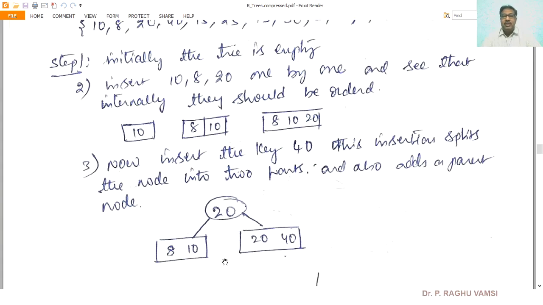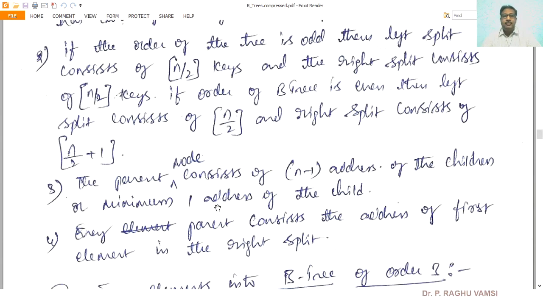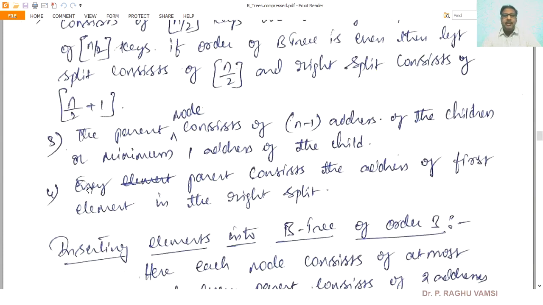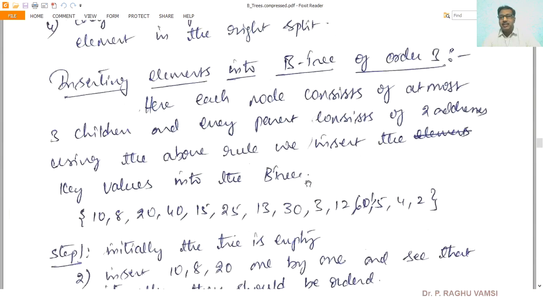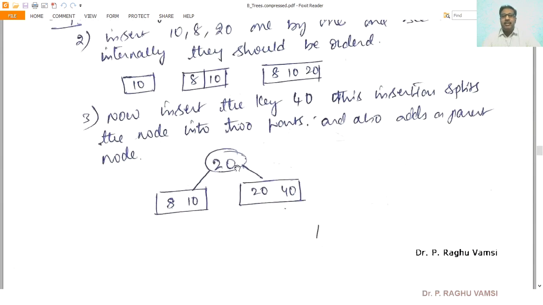Whenever it is split, there should be some root. According to the fourth condition, every parent consists of the address of the first element in the right split. So I have made 20 the root, the first element in the right split, and its address should be there in the parent.